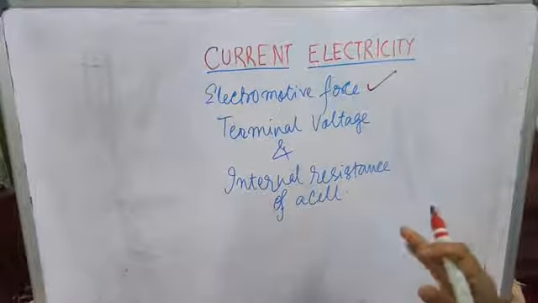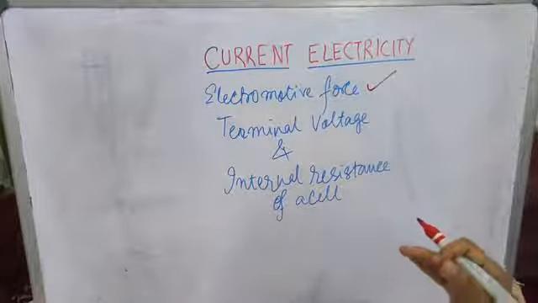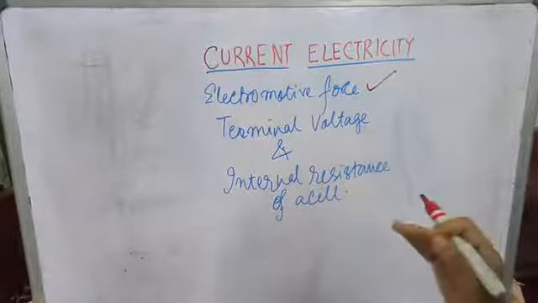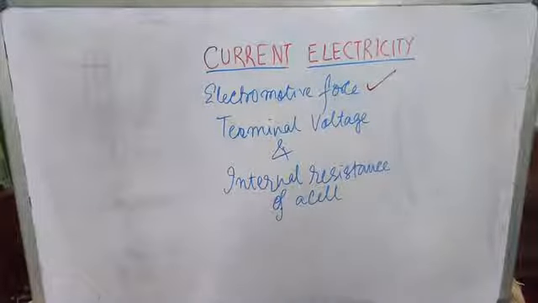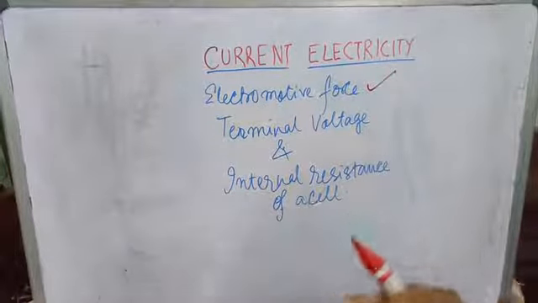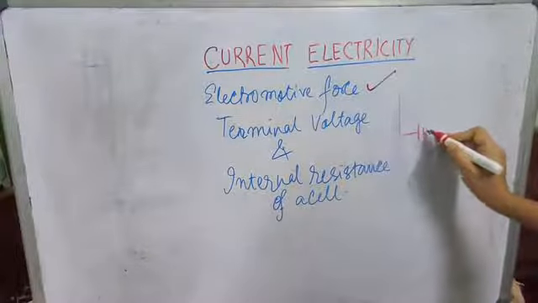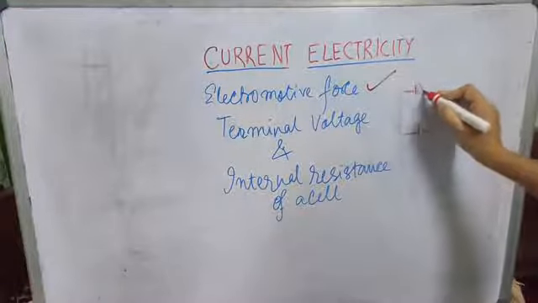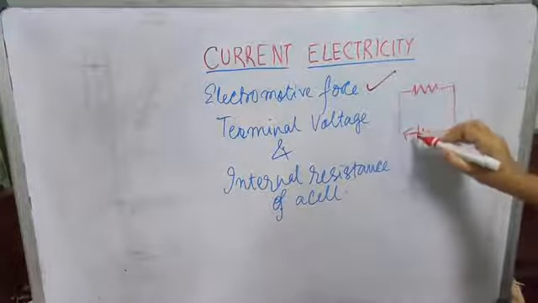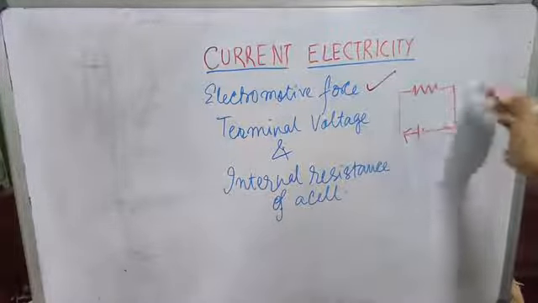Electromotive force is defined as the energy spent or the work done per unit charge in taking a positive charge around a complete circuit of the cell. That is the circuit outside the battery as well as inside the cell. Suppose we have a simple circuit consisting of a cell and an external resistance connected around it. Positive charge flows from this side to that side, and actually the electron flows in the